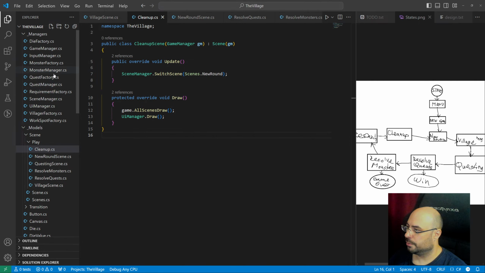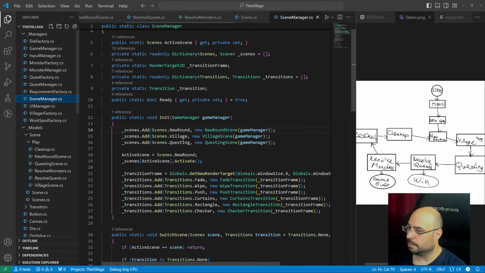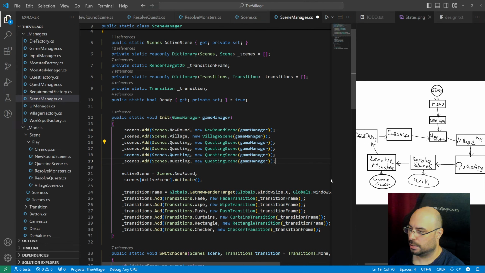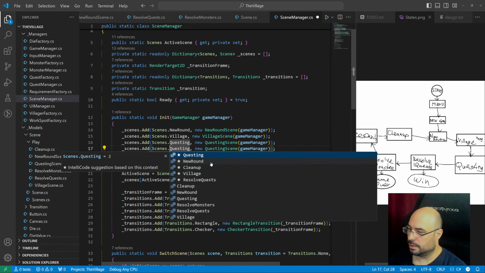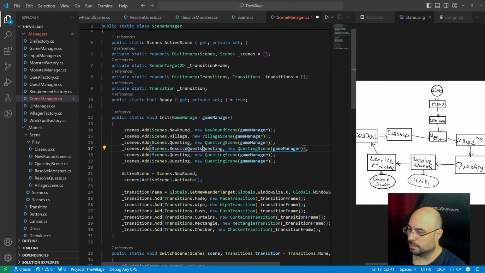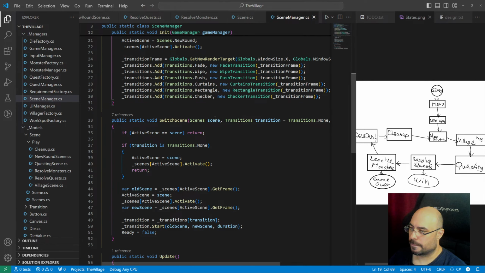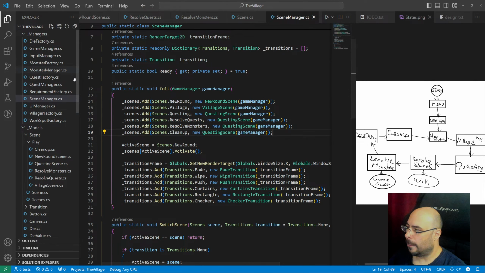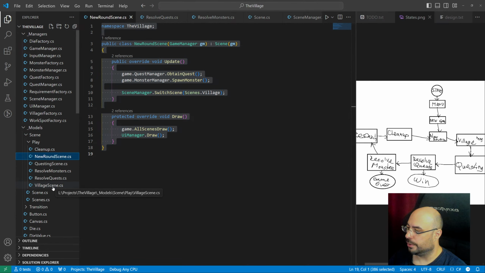Add all of those new scenes to the manager. So we've got resolve quest. We've got resolve monsters. We've got the cleanup, right? Yes. Probably all we need. And for the cleanup, I wanted to move the